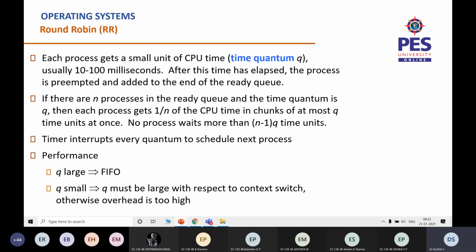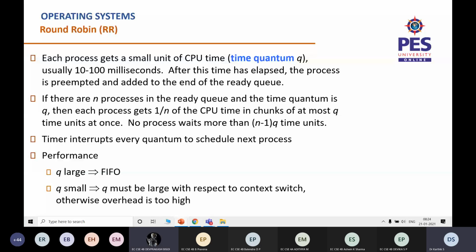So what we do in round robin is P1 will execute for 10 milliseconds. Then, irrespective of whether it completed or not, it is taken out and given to P2. P2 will execute for 10 milliseconds, then P3 for the next 10, and further P4 and then P5. Once P5 is done and there are no other fresh processes, the cycle repeats. Again it starts allocating from P1, P2, P3, P4, P5, and this repeats until all of them complete their execution. So this is the idea of round robin. You just go around every process in a round robin fashion, as the name itself indicates.